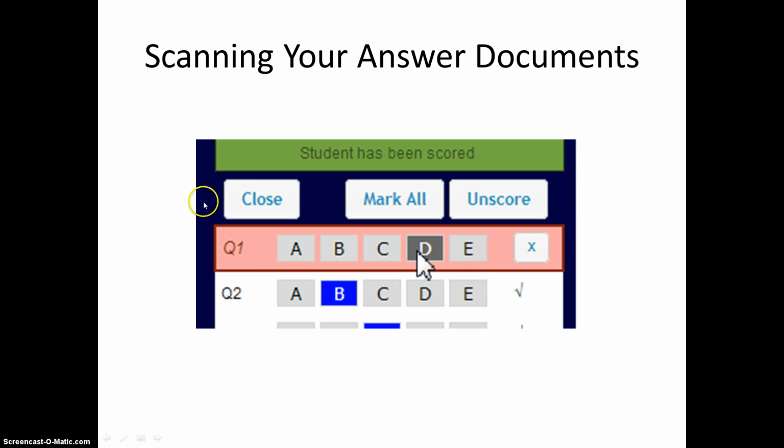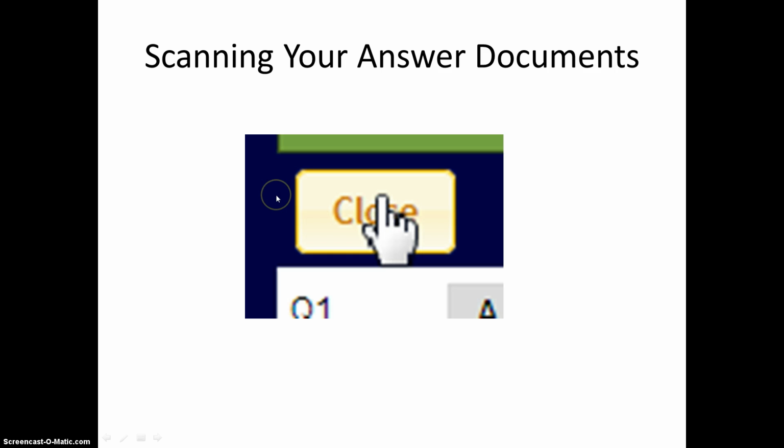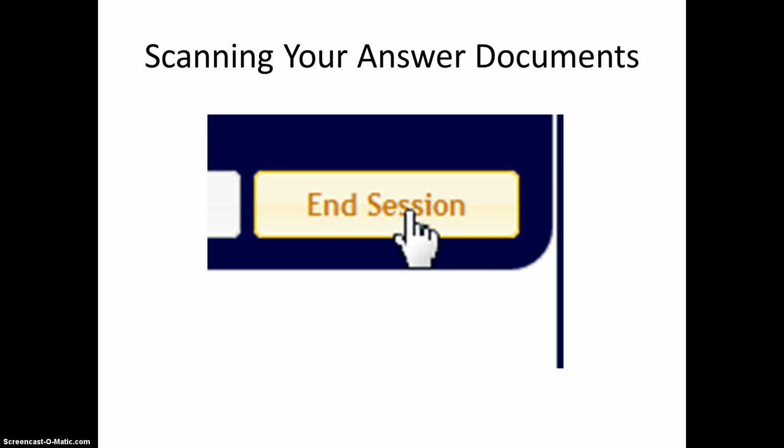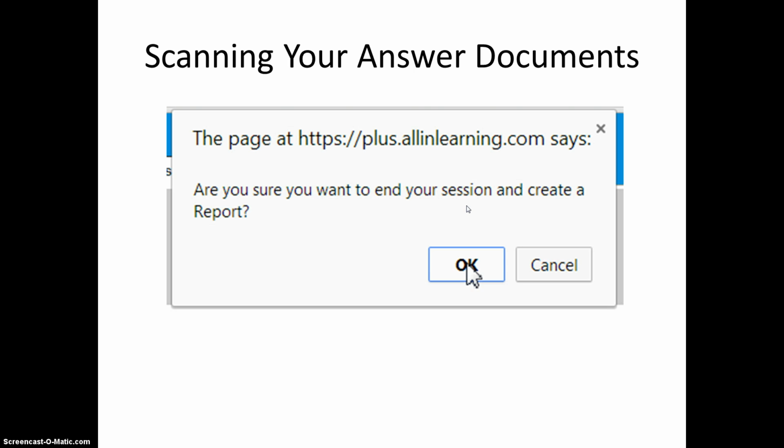You're going to go in, find the areas that are pink. You're going to choose whatever answer the student really meant to choose, or you can click the X to go ahead and mark it wrong, and you're going to click close. After you've done that, you're going to finish off your scanning session by clicking where it says end session, and that's it. Another little window will pop up if you're using Chrome, which you actually should be using Chrome,